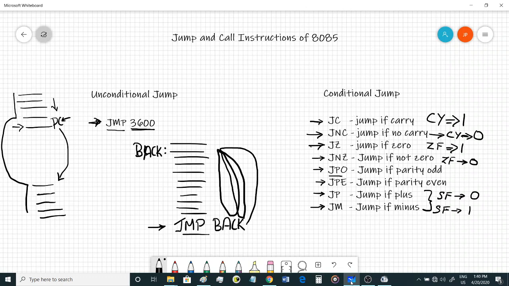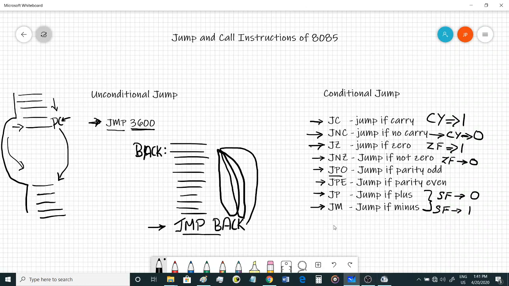So this forms an infinite loop. If at all you want to make infinite loops in your program, then you can use such an instruction. By using JMP, unconditional jump, you can make an infinite loop. This can also be used for branching to other memory locations, as we have already seen, that we can branch to any other memory location using this unconditional jump.